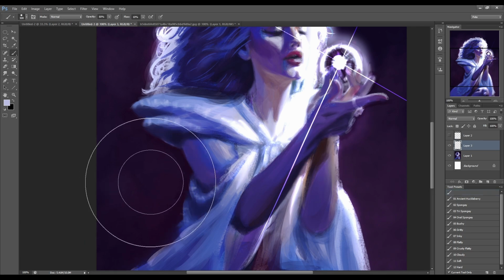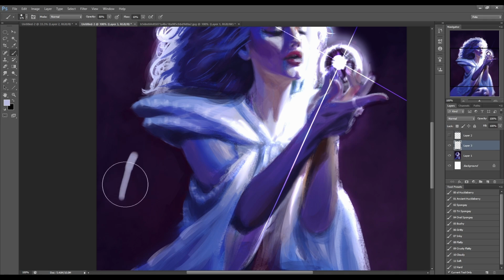And this is true also of even the basic one, the old Huckleberry, where you can see that if we go up and down here, we can carve a fairly hard edge. So if we wanted to harden this edge up, we run the strokes up and down like this, and you can see we get a nice firm edge. And then if we wanted to blend this and soften it, we need to scrub back and forth to be able to use the soft edge here.